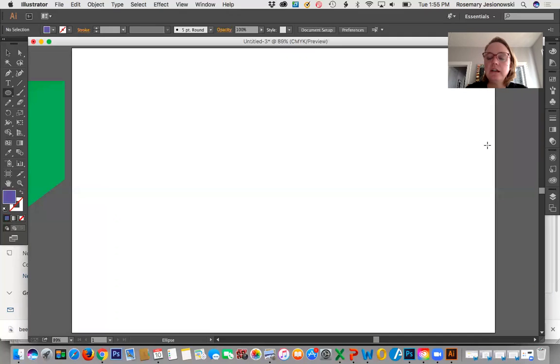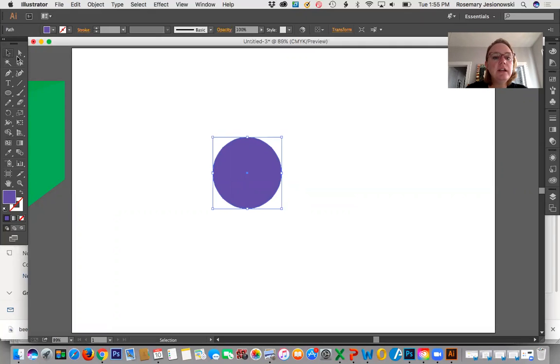All right. And with the elliptical tool, you can draw an ellipse. You could also, if you hold the Shift key, draw a perfect circle. And if you were interested in making this look dimensional, again, thinking about that idea of building form out of shape, we're going to want to create a shadow on one side